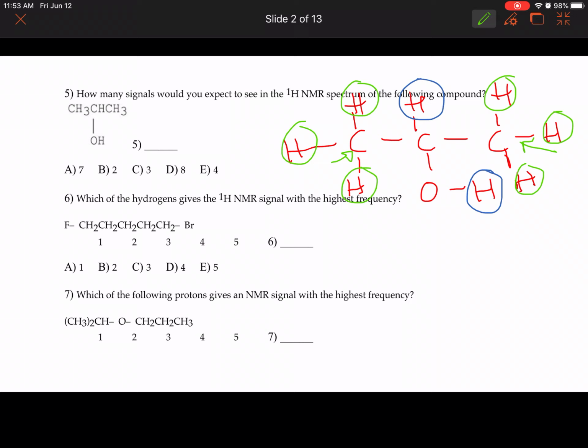Fluorine is 4.0, just like your GPA, right? Okay, so fluorine is the most electronegative atom. So as a result, hydrogens on carbon 1 would have the highest frequency. Okay, this carbon right there, because